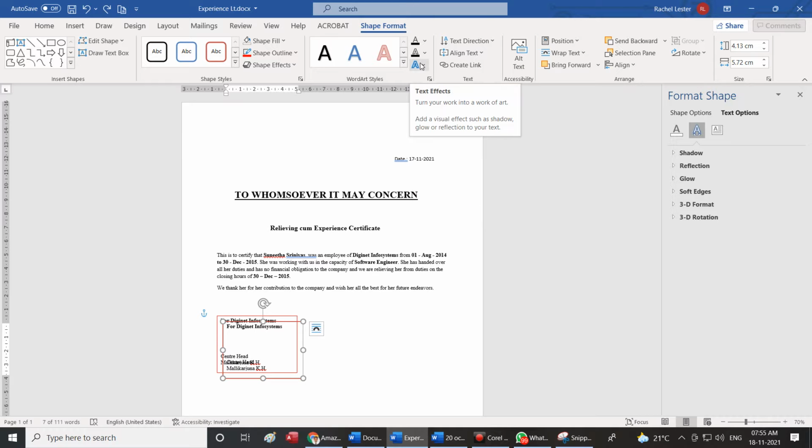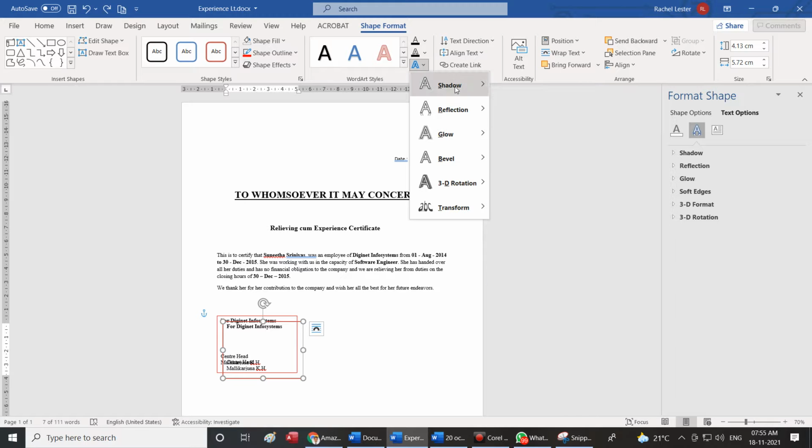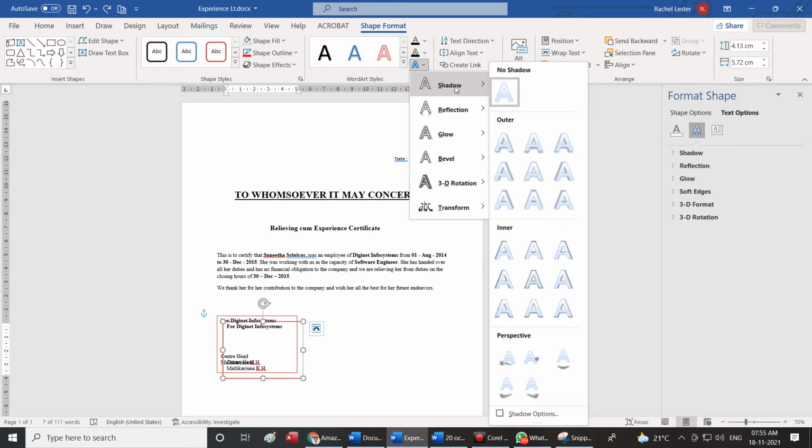In the text effects, we have the following selections. They are as follows: 1.